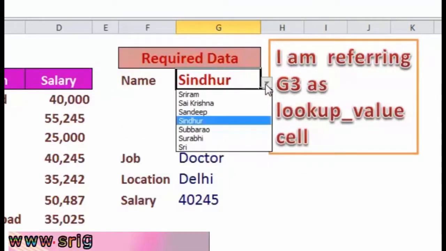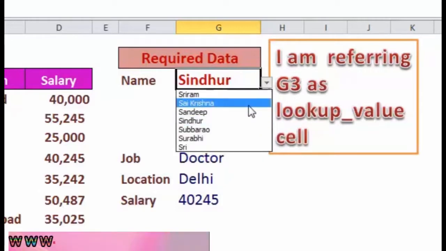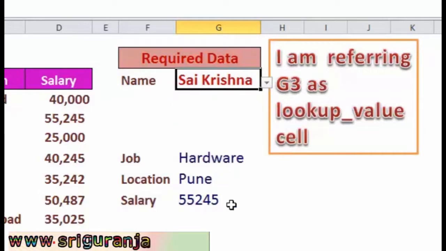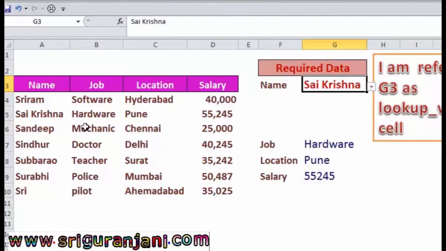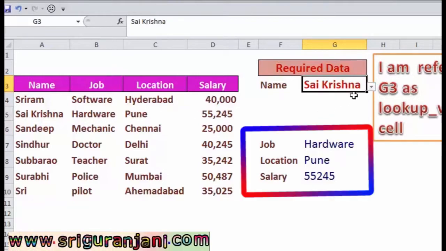Now I am changing the referred lookup value field. Right now it is Sindoor. I am replacing it with Sai Krishna, and all the relevant fields are changed. And we can cross check with the existing table.